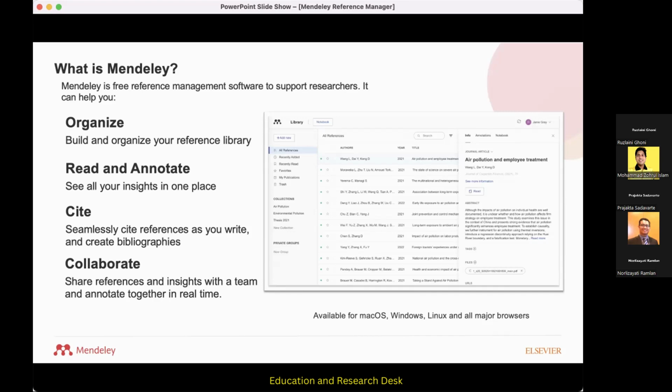So basically, the main function of Mendeley Reference Manager is to organize, to read and annotate. Read and annotate is a must-know function for all postgraduate students or all researchers, to optimize your time. This is the very important function that you guys need to know. And then we have the cite function, the in-text citation. This is what normally you guys do. And the collaborate function. This is also a new feature in Mendeley Reference Manager, to collaborate with your supervisor or among your research colleagues, right? And then next,